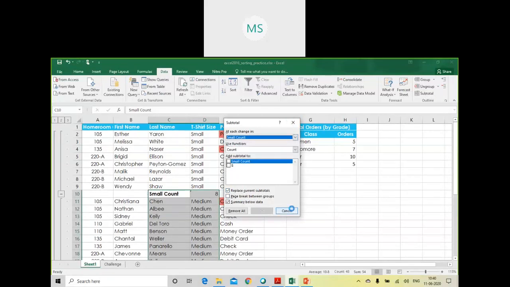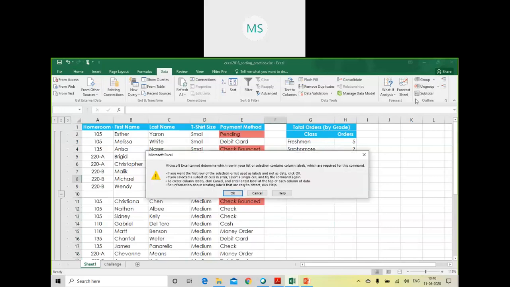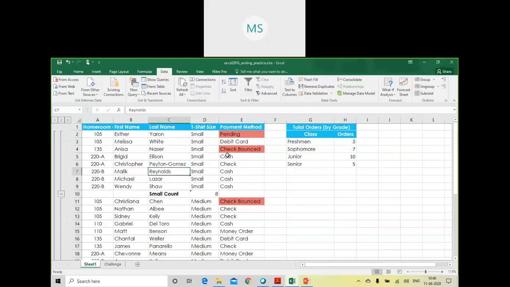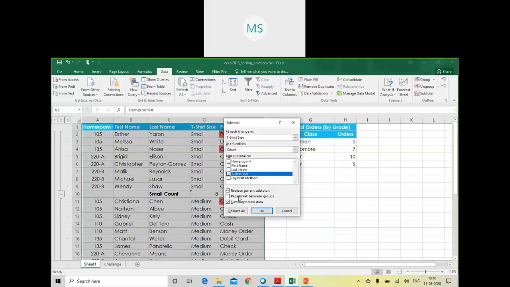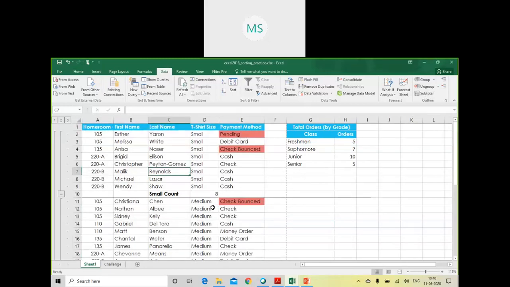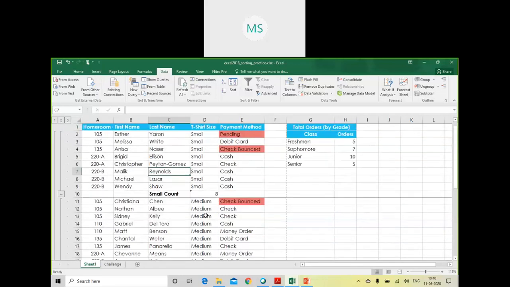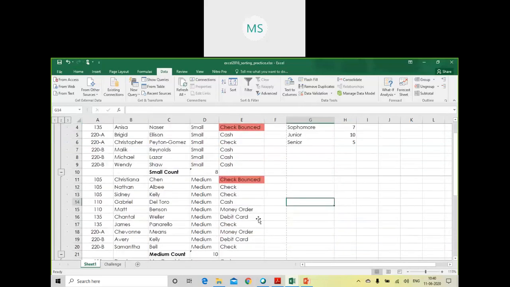Okay, I have selected that particular thing. Just don't select it. Okay, and just go to subtotal. Okay, now just click on page break. Just see what happens. As you can see, each group is now displayed along with the page break inserted in it. Okay, so this is how it works.